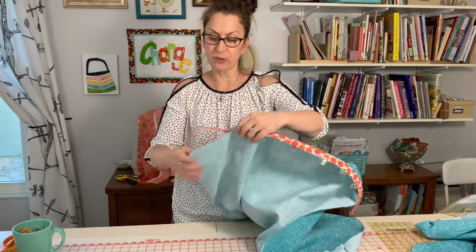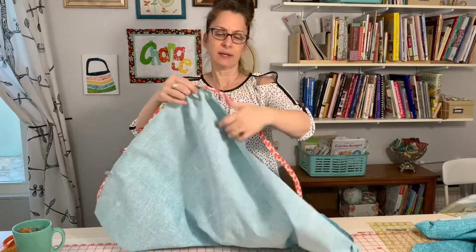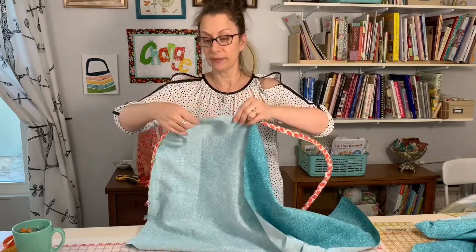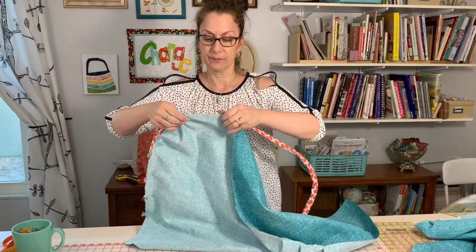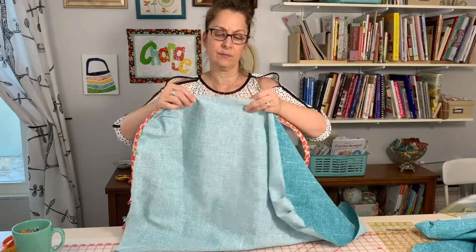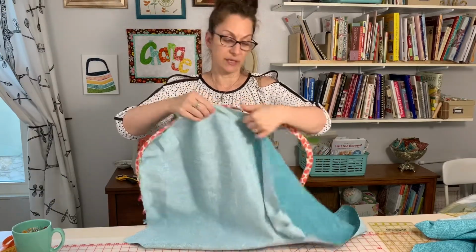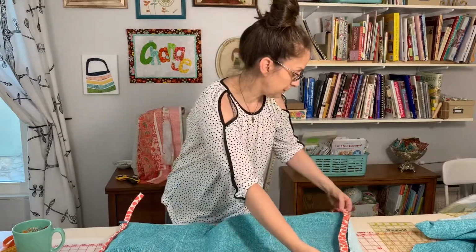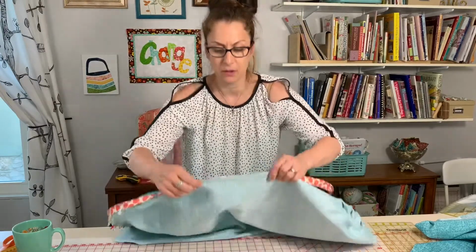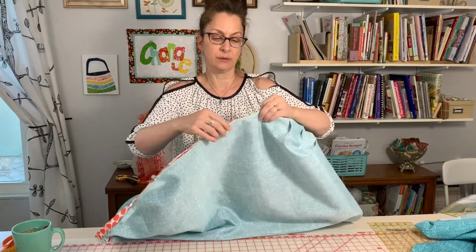Okay, so what I'm noticing, because it shouldn't go all the way to the bottom, so I'm kind of wondering what's happened. I'm going to go ahead and look over here on this side to clip a few. I have a suspicion that the cording moved on the inside, which is going to be easy to fix. And as I stretch it out and along that way, I can tell that that's what it's going to be. I'm going to just spread this out just a little bit more,